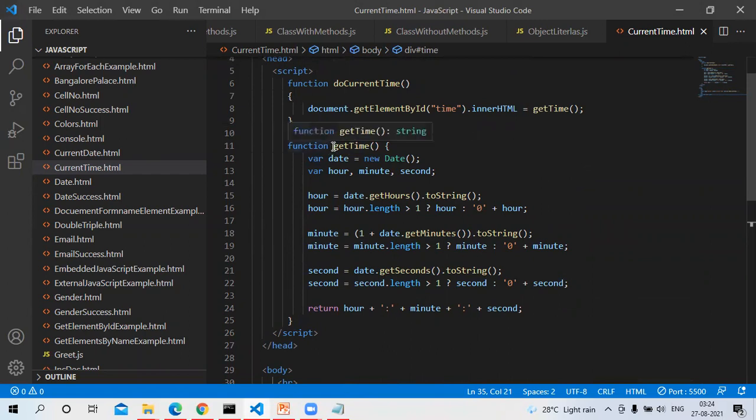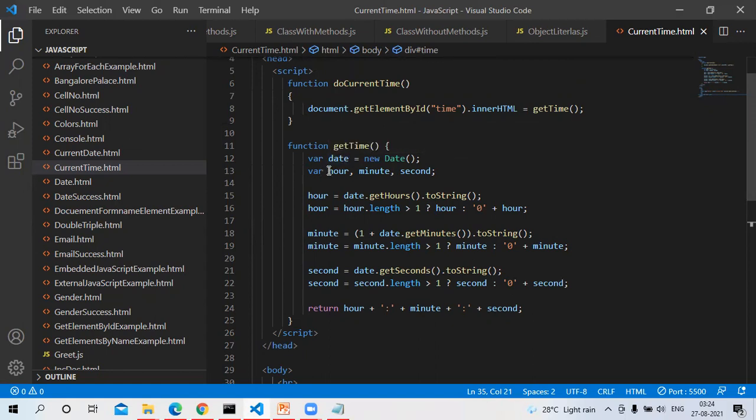First, let us see how this getTime function works. We have a variable called date. We are creating an object of Date here, new Date. JavaScript provides a cut down version of OOPS. So we have created an object of Date here.